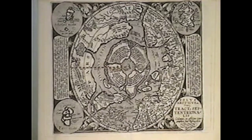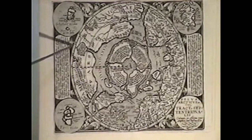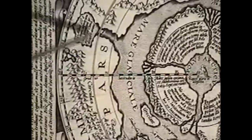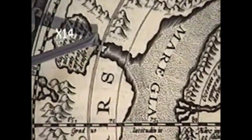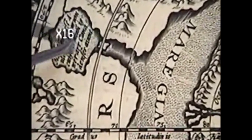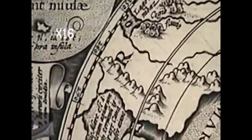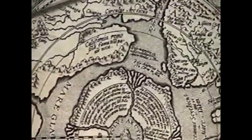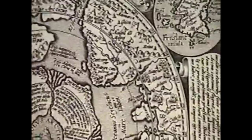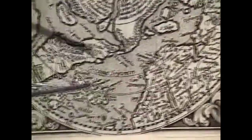We're going to stop there and point out a couple of things. If we can close in right here on the Hudson Bay and go to the detail, we can see Southampton Island, much closer than the maps of the early 1800s. And we see these two important rivers coming in to the south of the Hudson Bay. Again, this is Alaska here, upside down without the Aleutians. This is the Bering Strait, Siberia, Nova Zembla, Spitsbergen, Greenland, Iceland, Friesland,